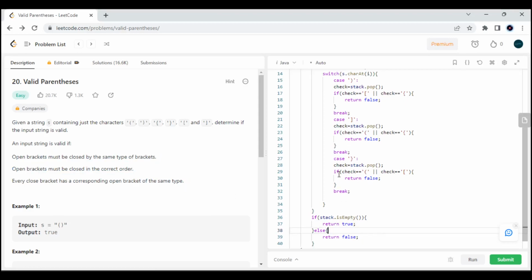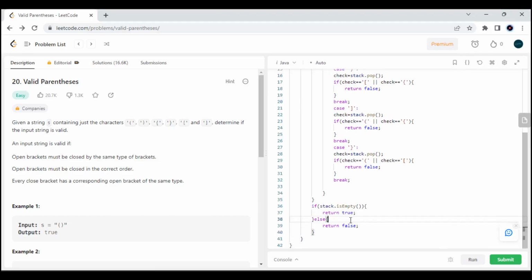And if all the test cases are true, that means all the valid points are present in the string, so we have to return true. So if you try to run,